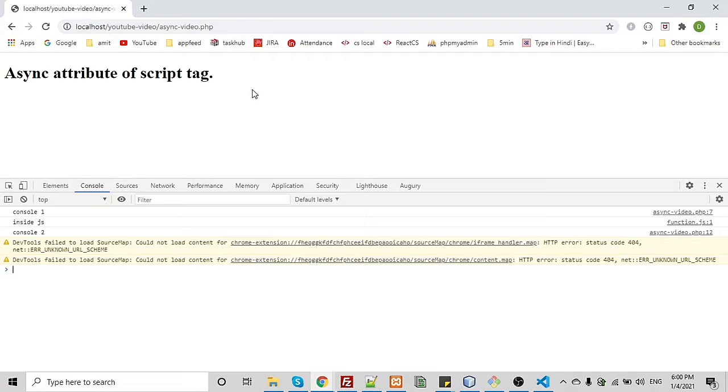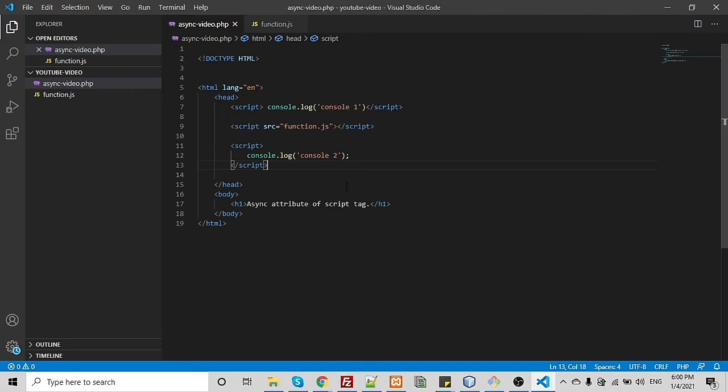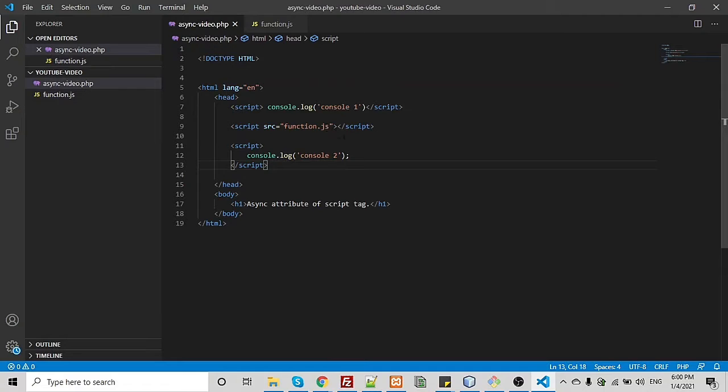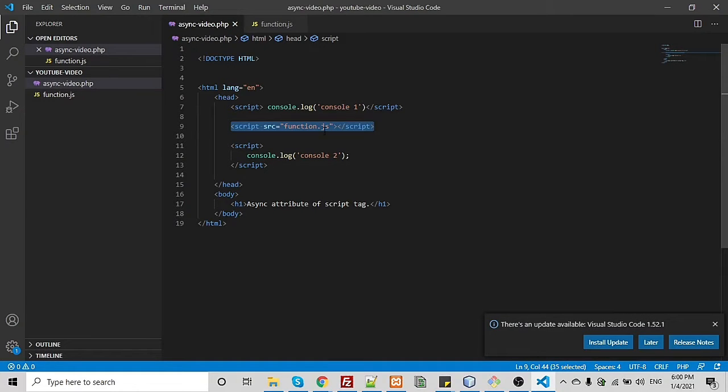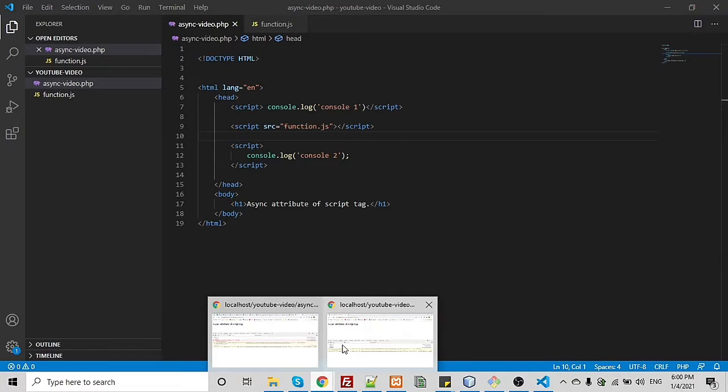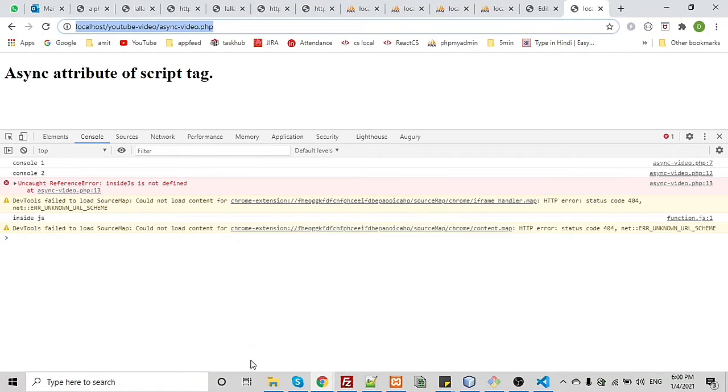As you can see here, when I refresh the browser, you can see that console.1, then inside JS, then console.2. Inside JS is written in the function.js, which I have included here. Script source function.js. Currently, I am not using async attribute, and you can see the